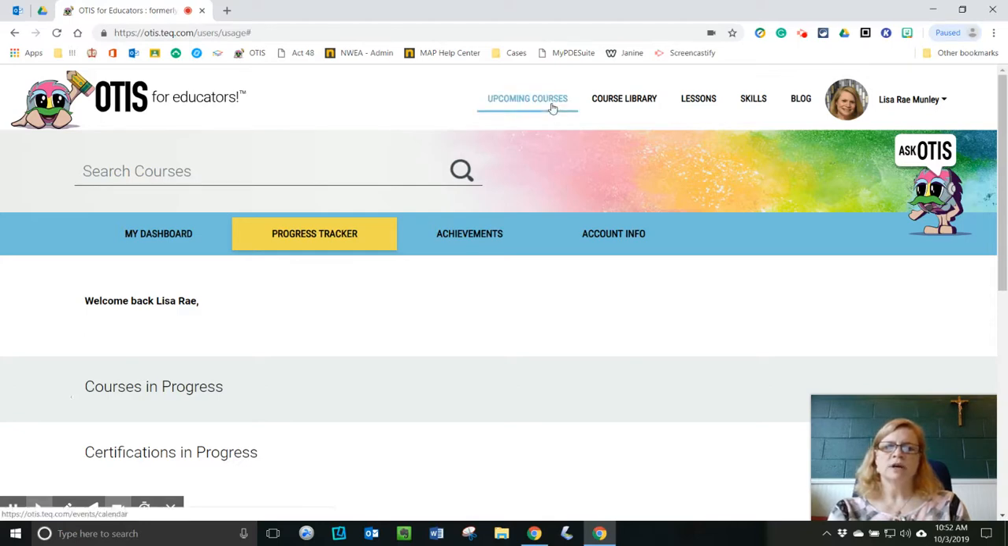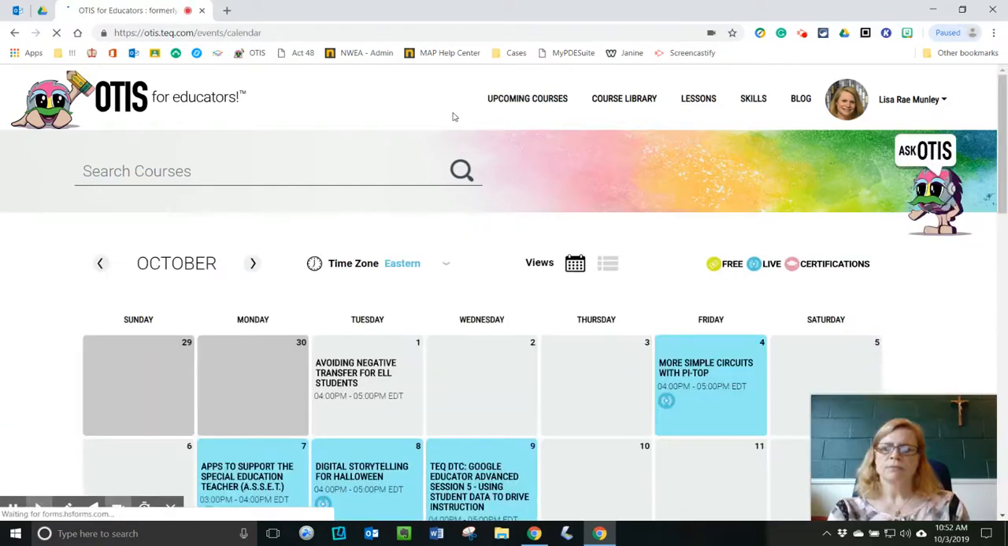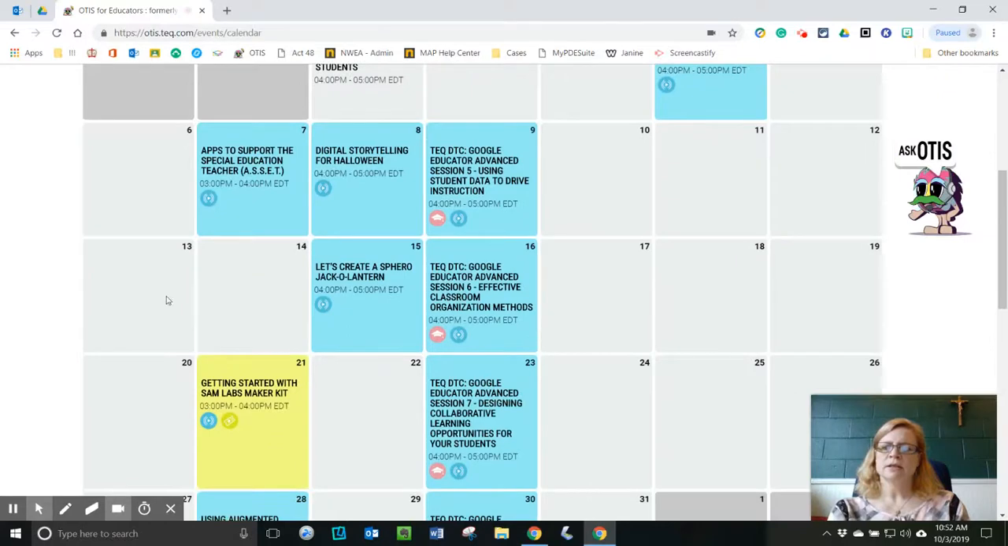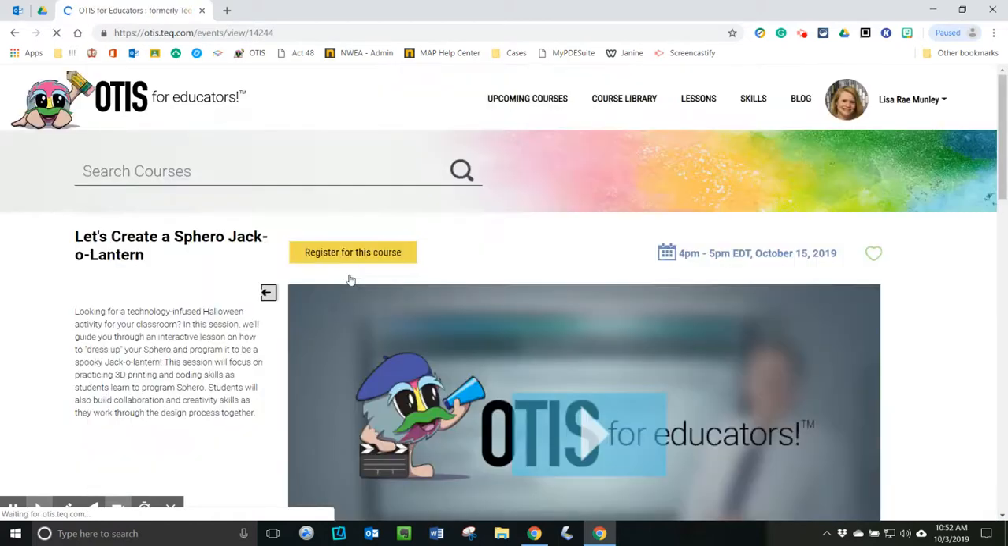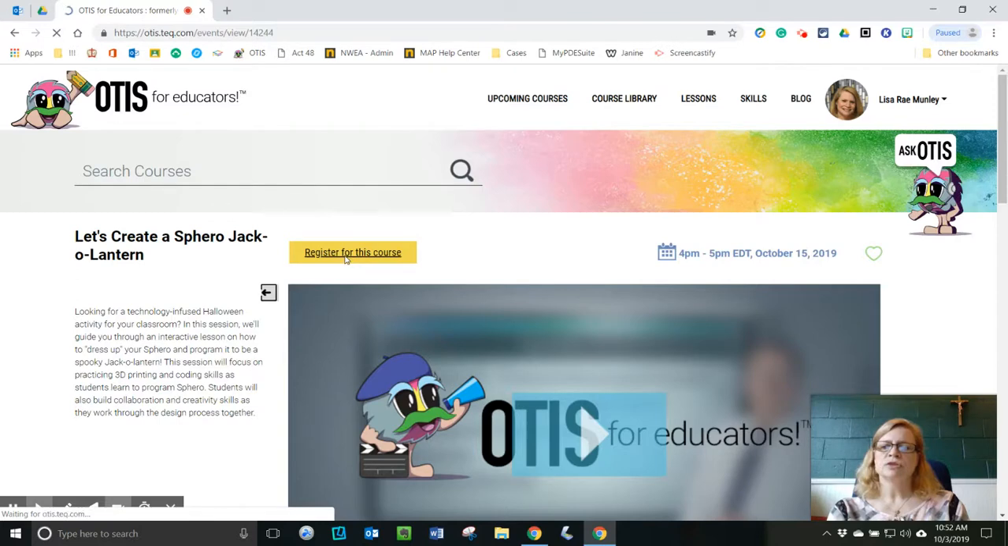If we go up to the top here and we click on upcoming courses, that will take us to the calendar, and we can easily sign up for something. Here on the 15th is create a Sphero jack-o'-lantern. And since our schools all have Spheros as part of our STREAM initiative, this would be a fun activity. You just click on it, you click register for this course,